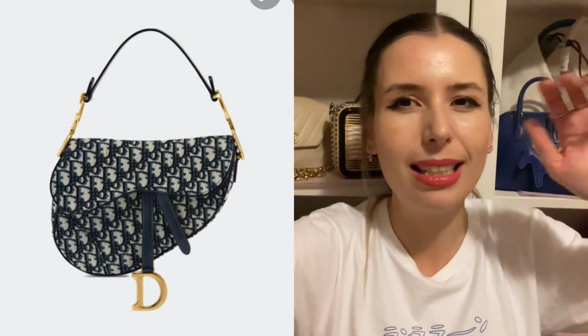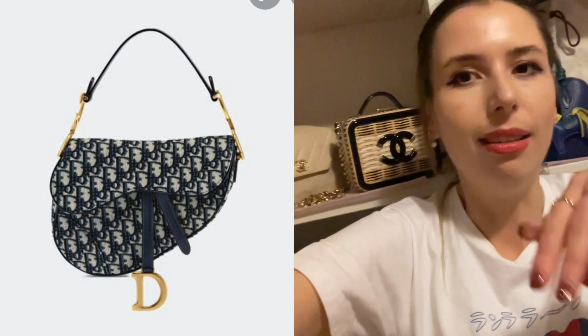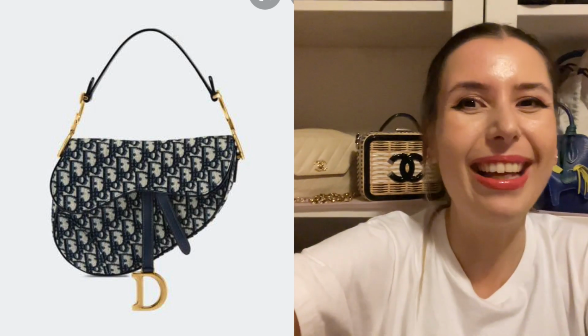For me, when I really think about it, I don't really like the saddle bag. I know there was a time where this was really trendy, and it's still really trendy, but I just think it is kind of an ugly bag if you think about it. It's got that big dangly D at the bottom, and the shape of it doesn't display that nicely either, like on your shelf. I don't think I would ever spend money on this